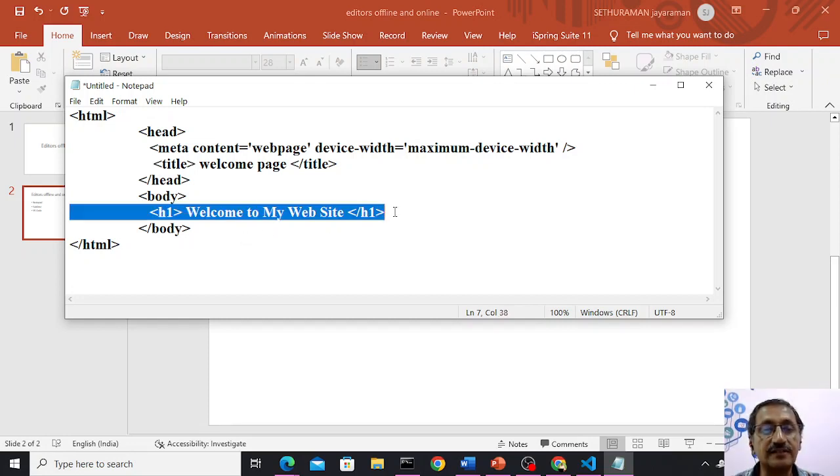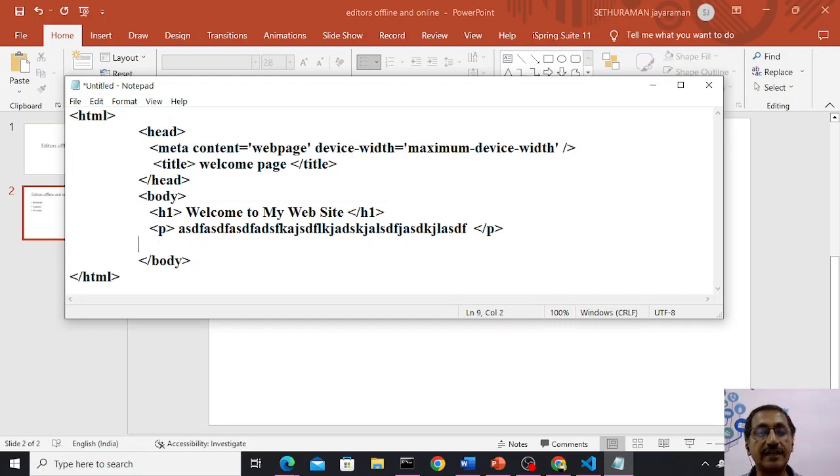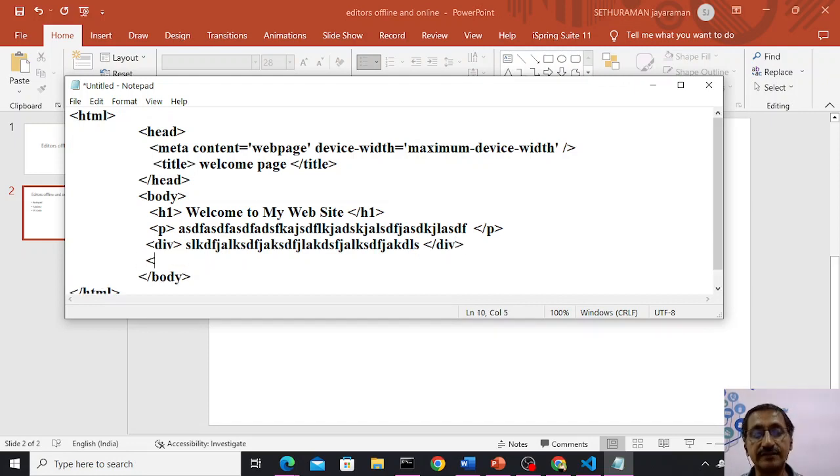Once this is created like this, then I can have a paragraph, and I have to type some text over here. I don't have the advantage of automatic text and all. Then I can have a division, div, and I can type something over here. Div, I close it. Then I can have some other thing, a hyperlink, href is equal to